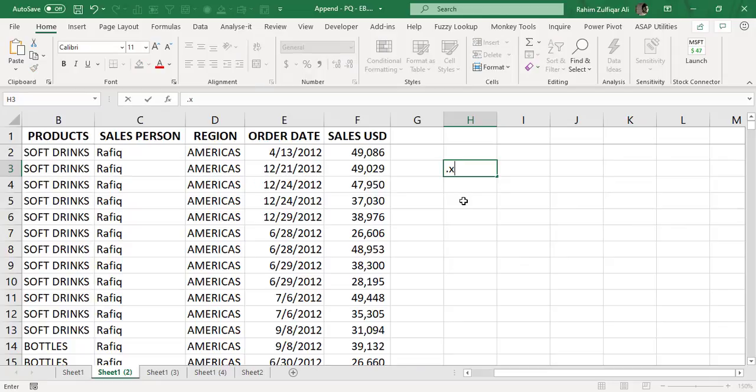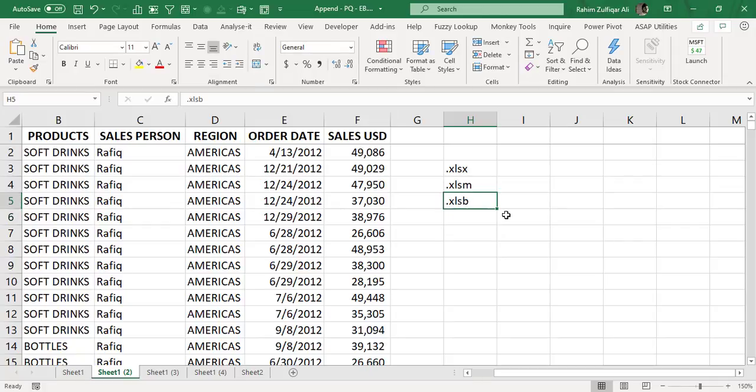Remember that when you apply some macros and you want to use them later on, normally in the newer versions, the normal extension of an Excel workbook is .xlsx. But when you apply some macro strategy, remember that you need to save that file as .xlsm or .xlsb. The binary format also supports macros as well. So they will store the macro and you can use it later on within that workbook. So remember, this is the important point. When you use macros, you need to save the file in these formats. Okay. So this is simple.